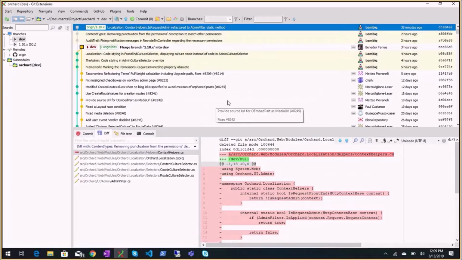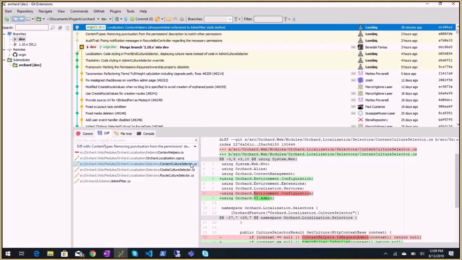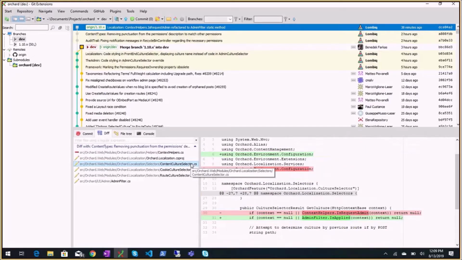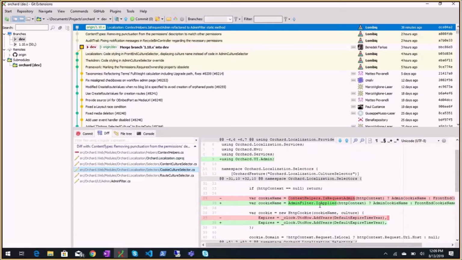Localization is request admin refactored to admin filter static method. Why? Not okay.